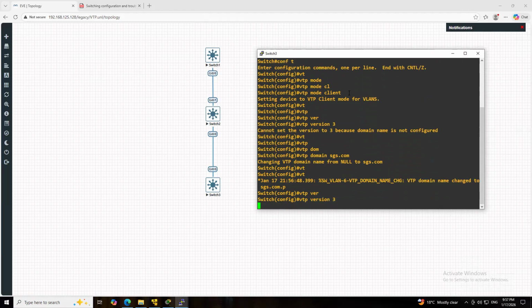As soon as I make the gig 0/0 port a trunk, it will receive all the VLAN information from the core switch above.